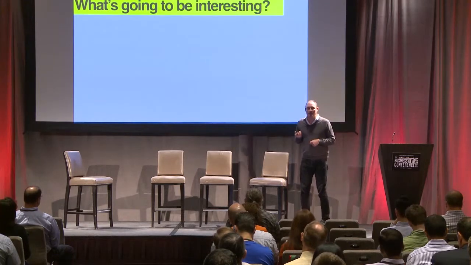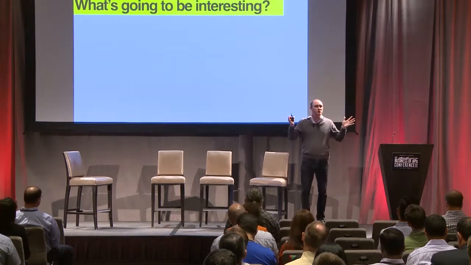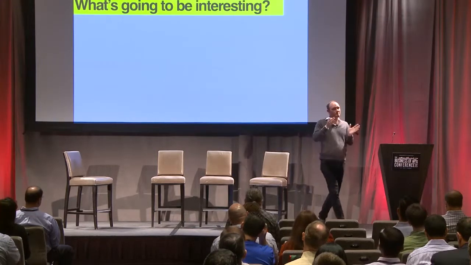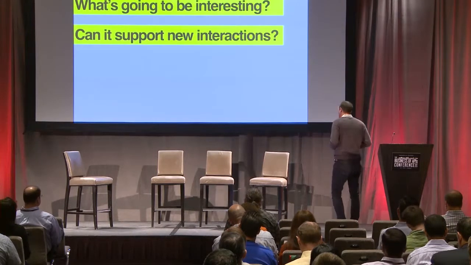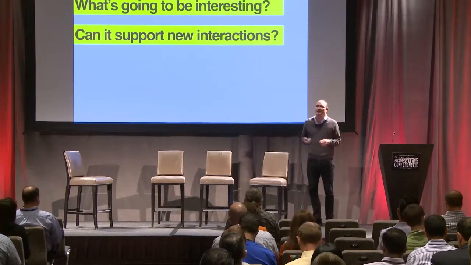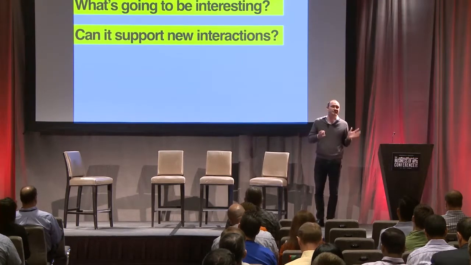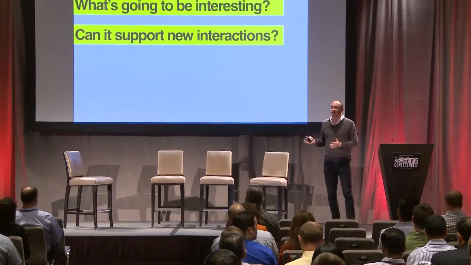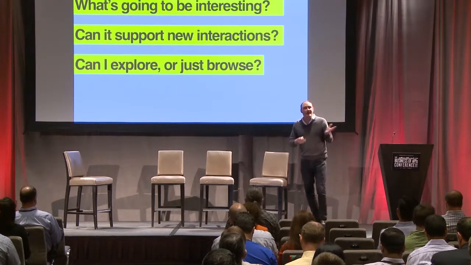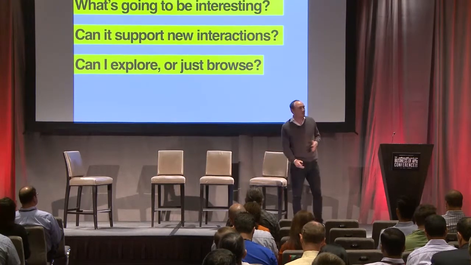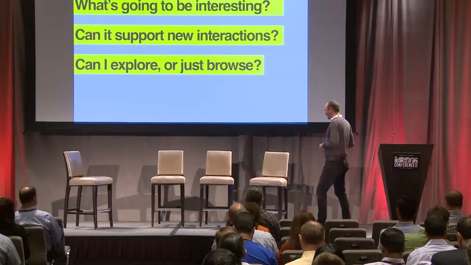And then we started to have another conversation: does the API have any soul, right? Is there something behind it? Is there some intention? What's going to be interesting is that it's not just about the API and you consume it all and then suddenly you start pumping things out, but what are the pieces of it that I can pull on and find, and what are the pieces that I can ignore? We talked about whether the API can support new actions, new interactions, and new kinds of interactions, so that it's not just about reiterating or getting efficient, but is it the kind of thing that can enable new behaviors? And can I explore with it, or is it something that I can just browse through? Is it something where I can learn new things, explore, and investigate?